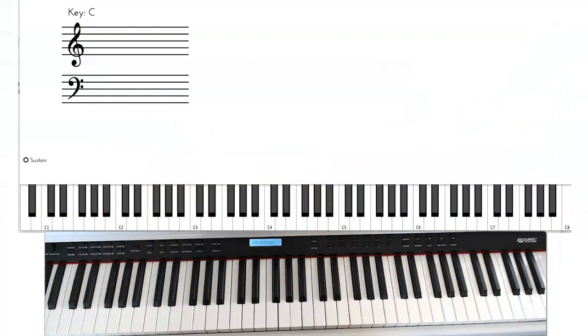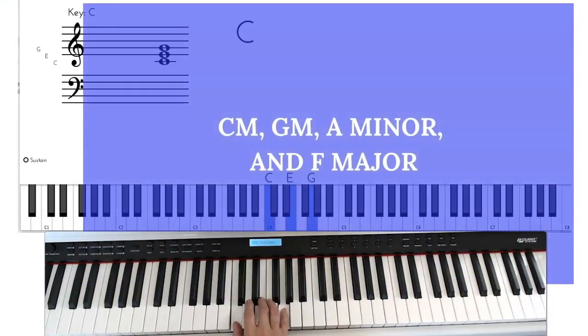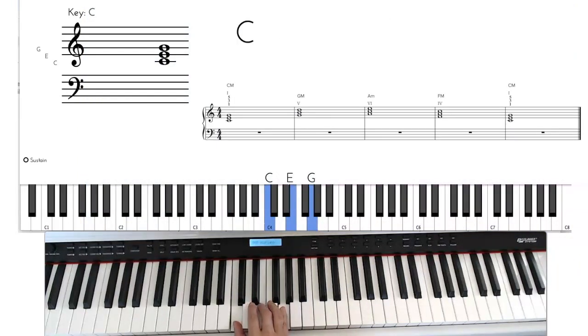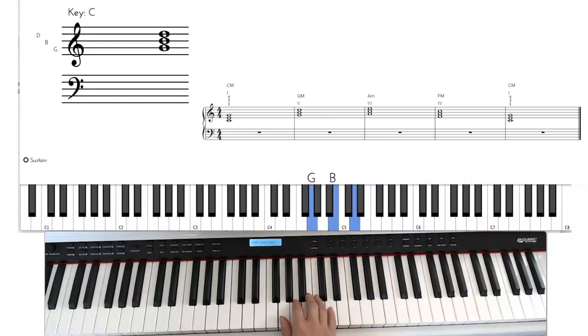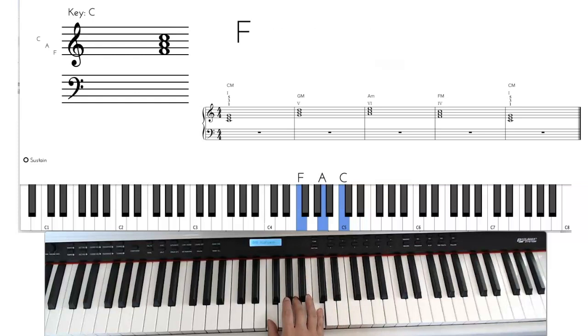If you're ready, let's begin and look at these easy piano chord progressions in C major with beautiful patterns for 2021. Included in this basic 4-chord progression are these chords: C major, C, E, and G; G major, G, B, and D; A minor, A, C, and E; and F major, F, A, and C.